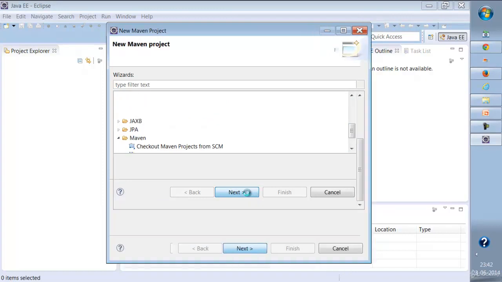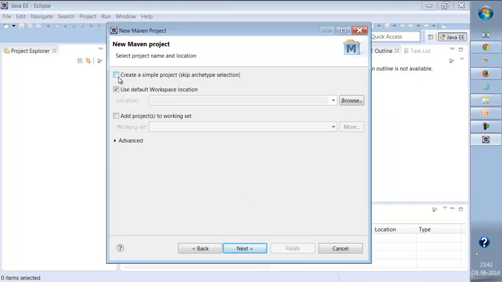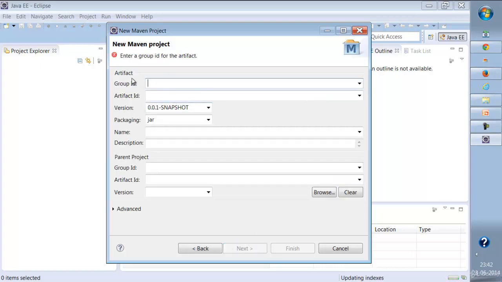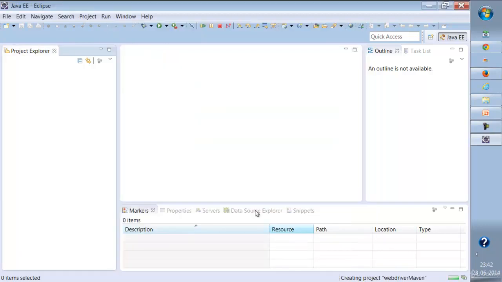And click on next, and I'll say create a simple project, and I'll give some group ID that is com.w2a, and give any name to this project. Let's say WebDriver Maven, right? And just click on finish. A Maven project will be created in a while, right? A Maven project created, and